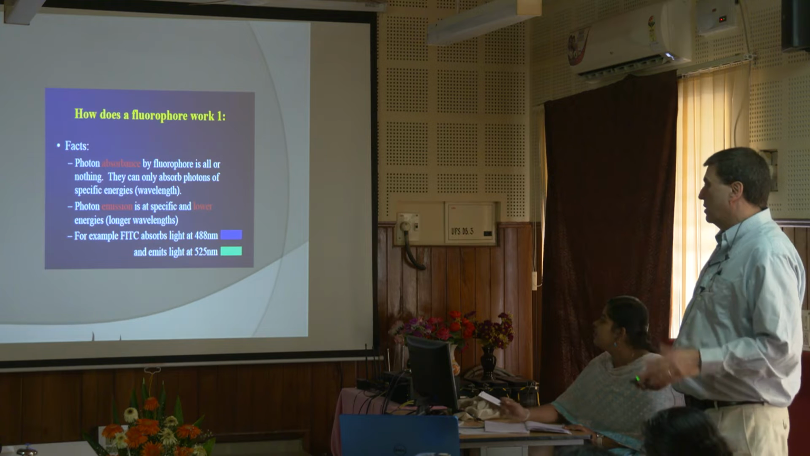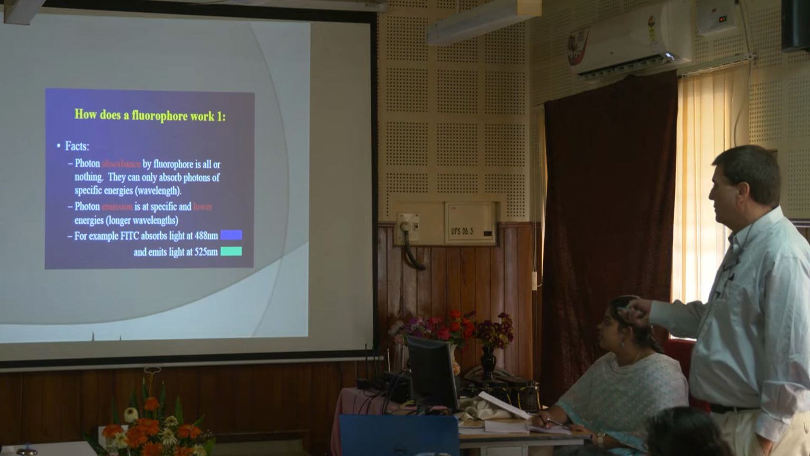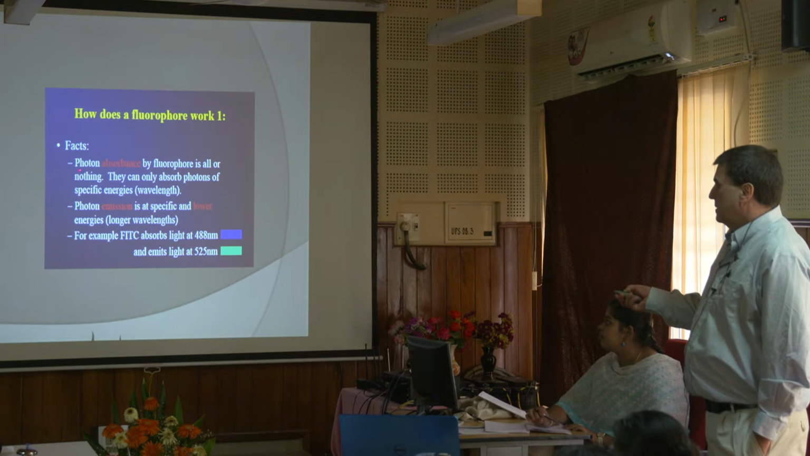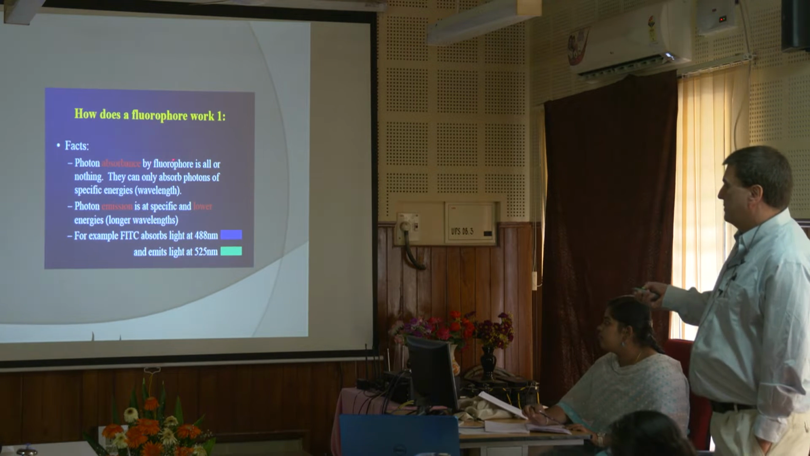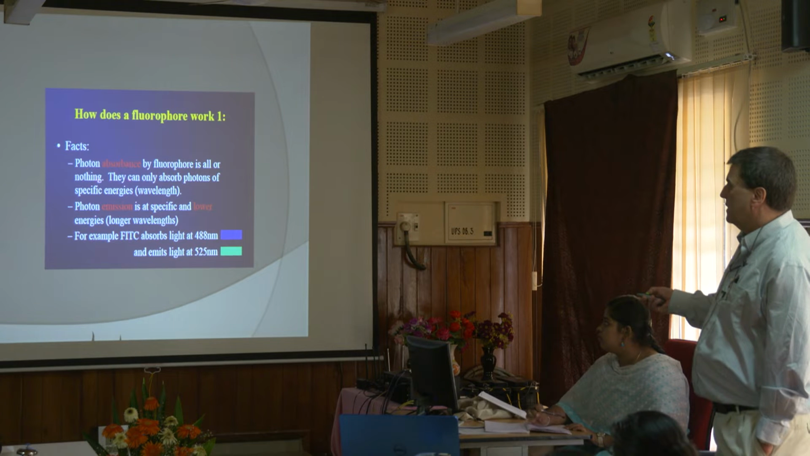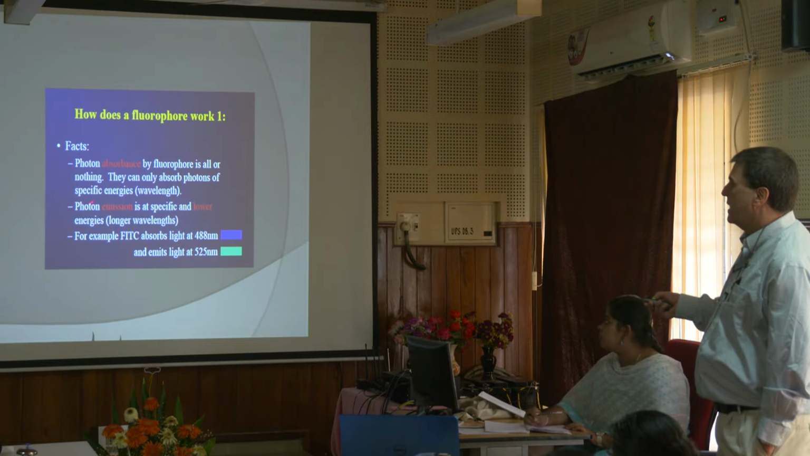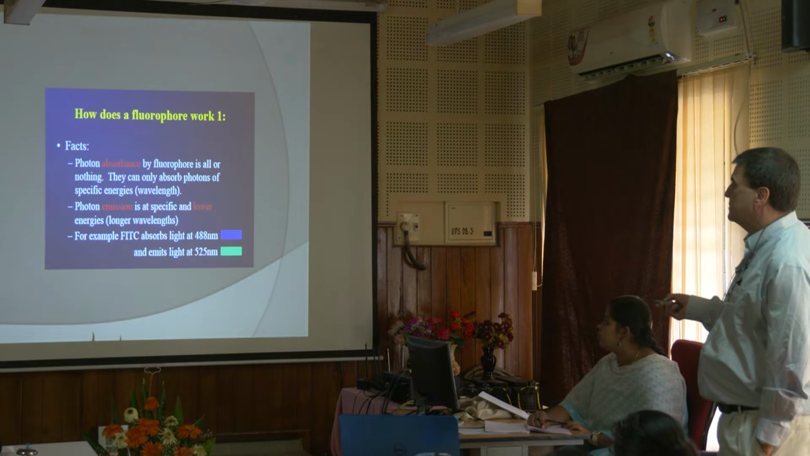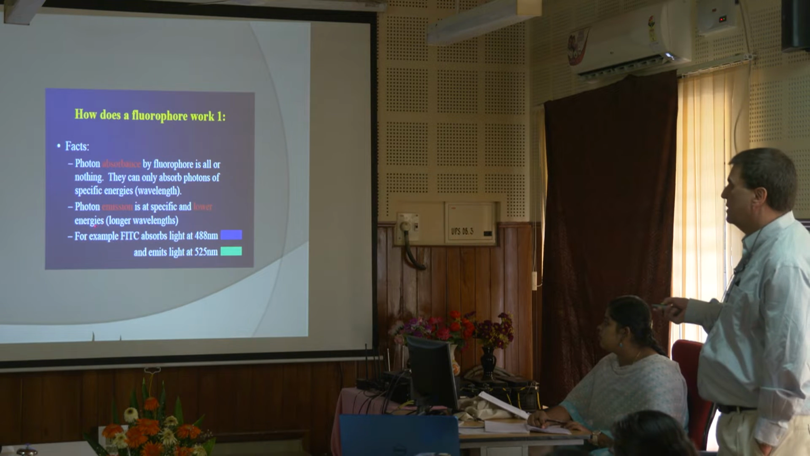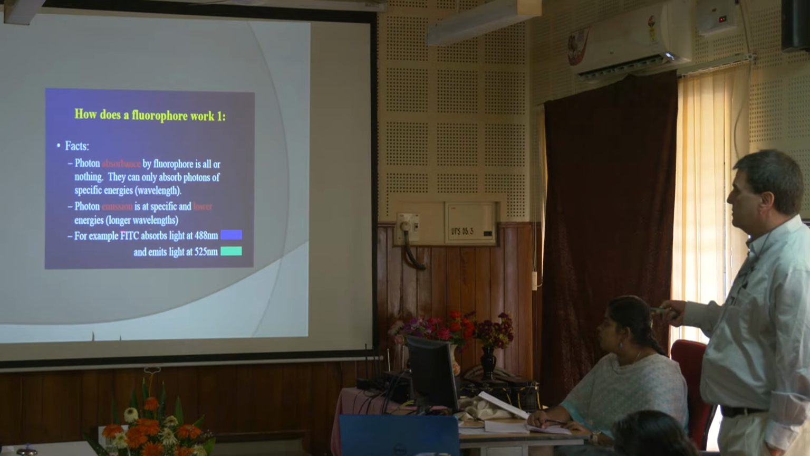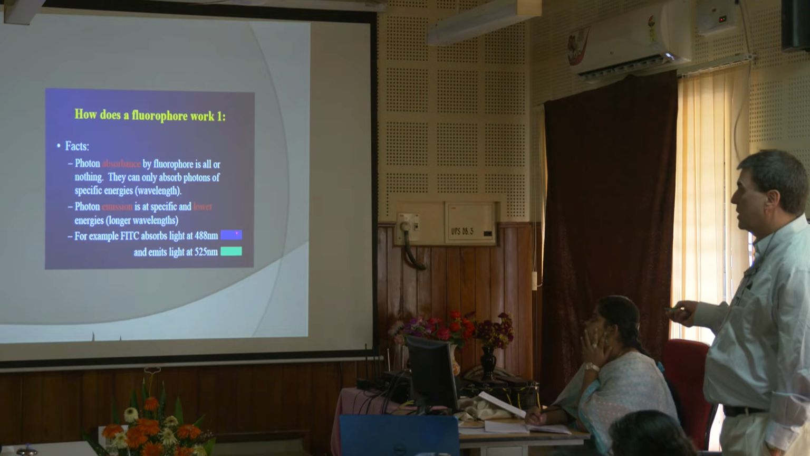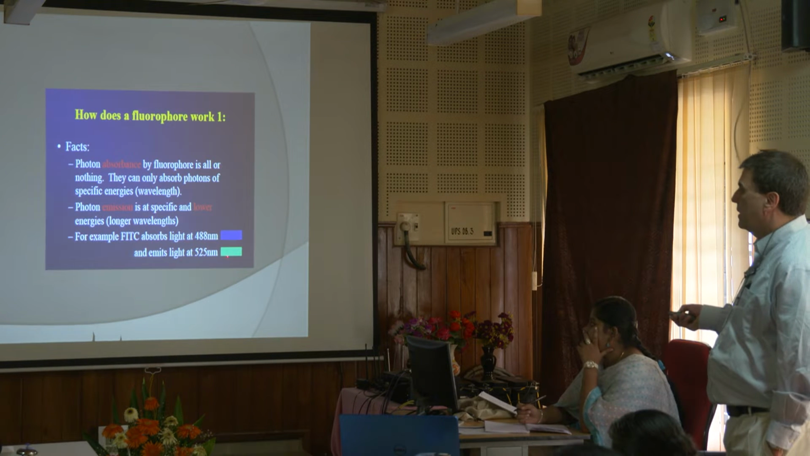Okay, so how does this work? How does a fluorophore work? Well, basically what we were saying was a photon gets absorbed by the fluorophore. It's all or nothing. It comes in at a specific energy or wavelength, and then it gets emitted at a specific and lower energy. So, for example, FITC, the green, would absorb at 488, which is a blue color,